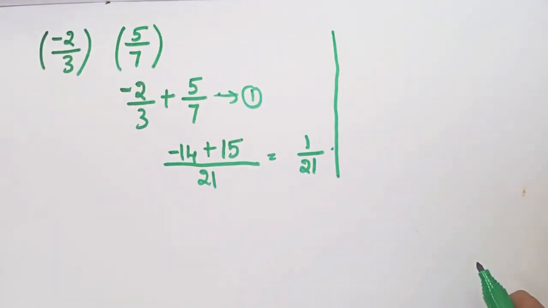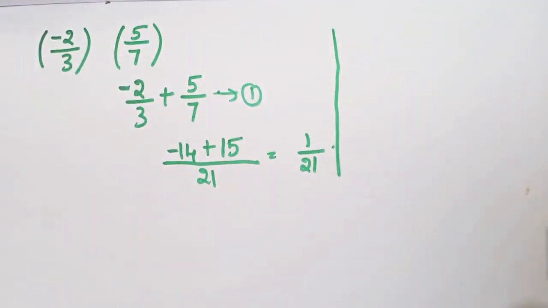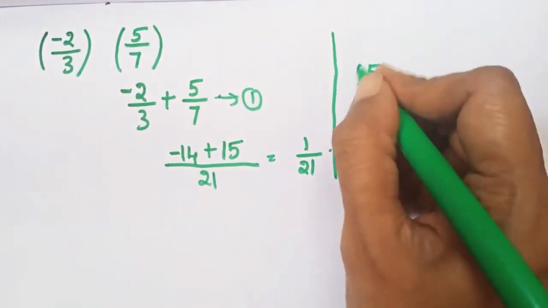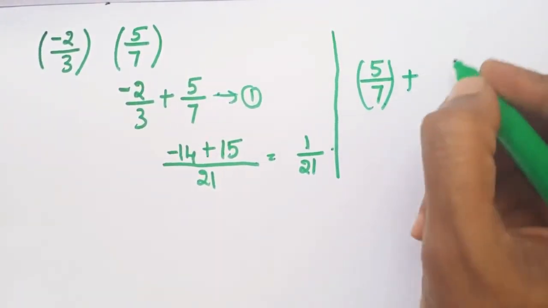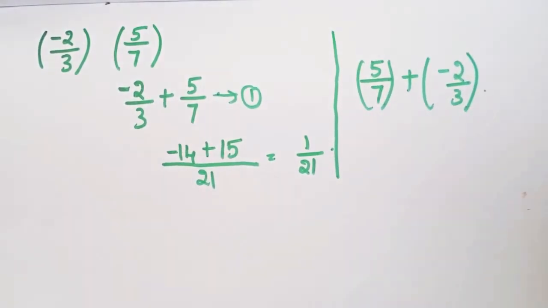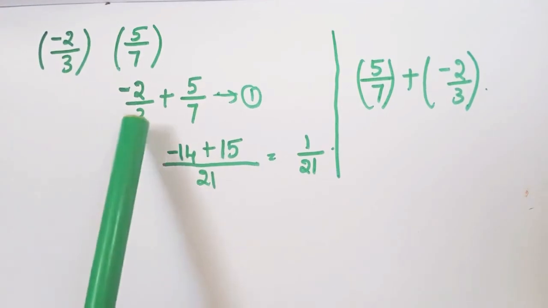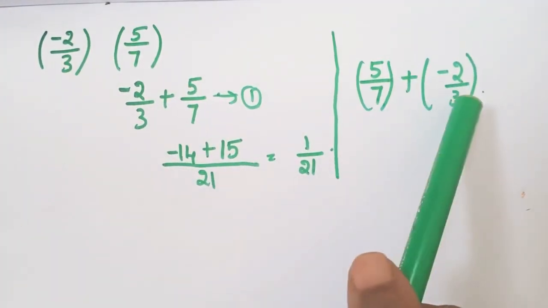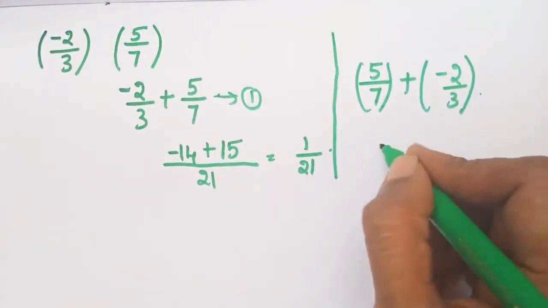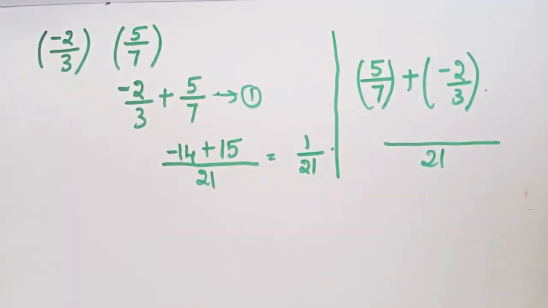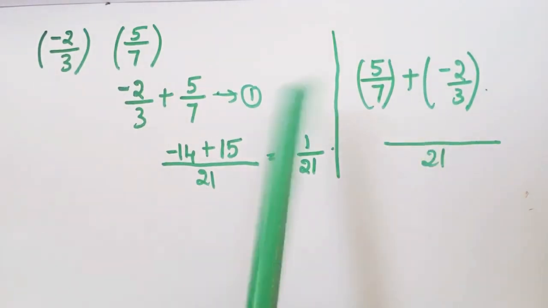In the second case, I need to reorder my numbers. That is 5 by 7 first and then -2 by 3 will be added to it. That is, here I have done A plus B. Here I am checking my B plus A. So here also again the denominators are the same, 7 and 3. So you get the same LCM here, and then